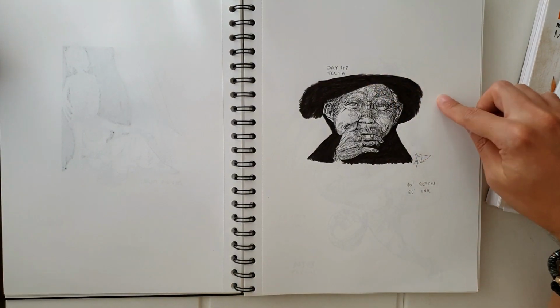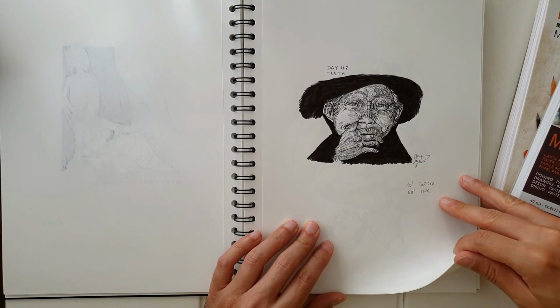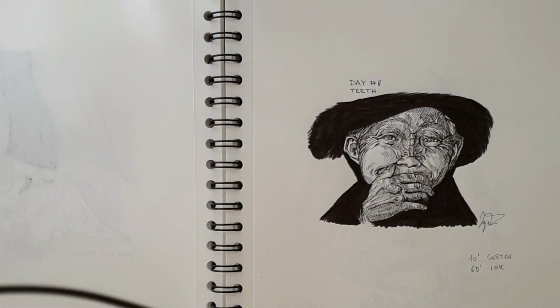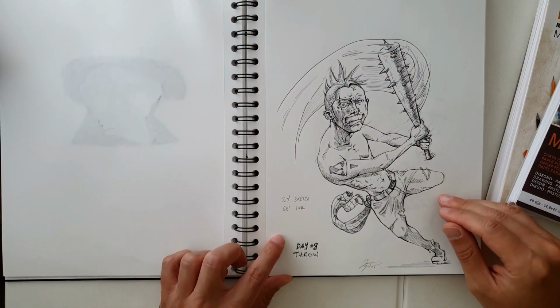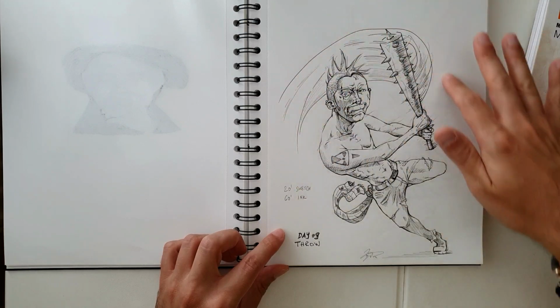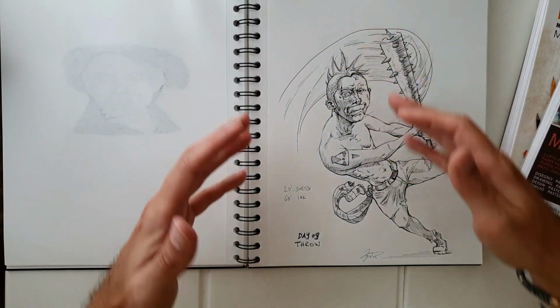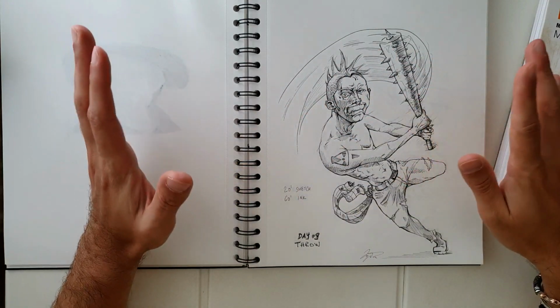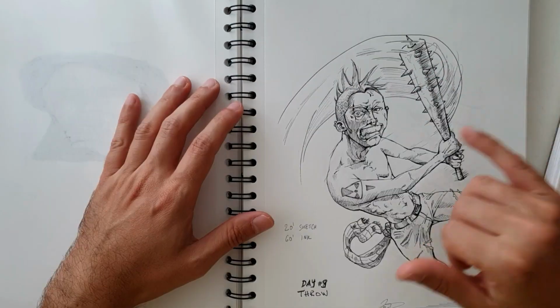Day number 8 is teeth. This is actually not that good. I made too many lines for the face of the woman, of the old woman. Day number 9 is throw. That's also not very good in terms of perspective, and I was trying to make it something dynamic. These lines are too strong, there are quite a few problems, and